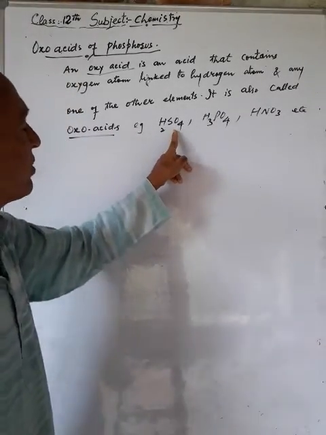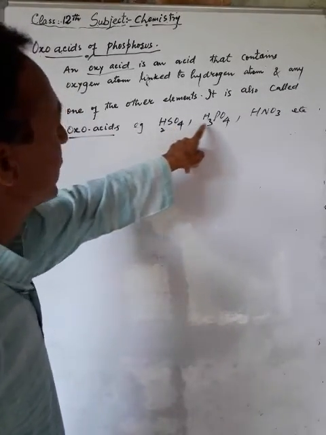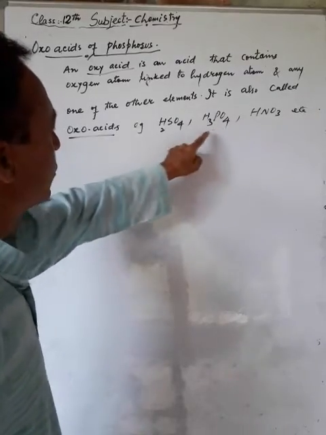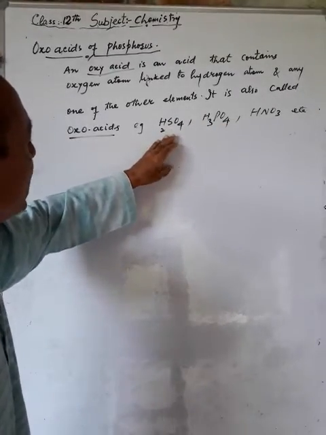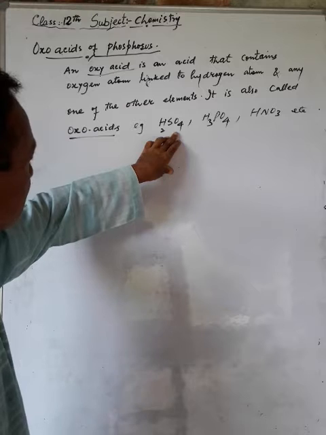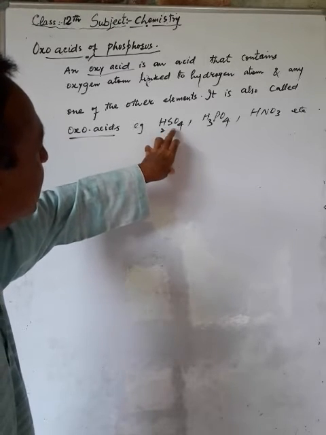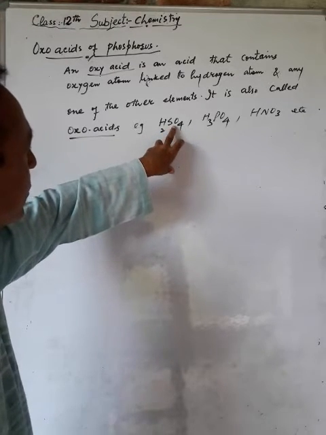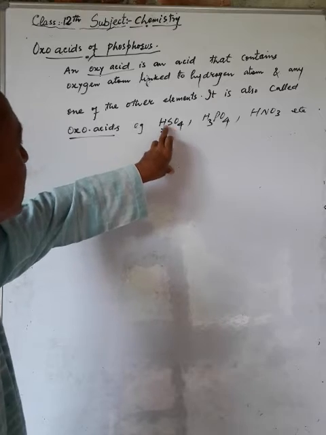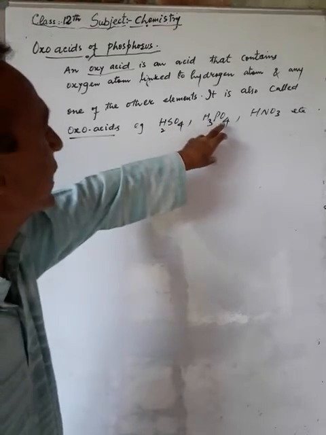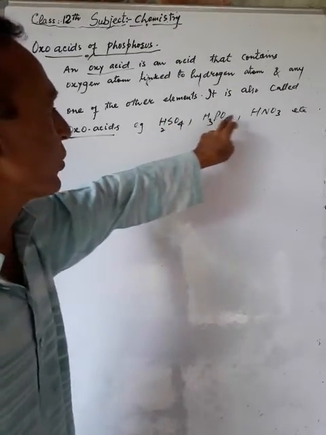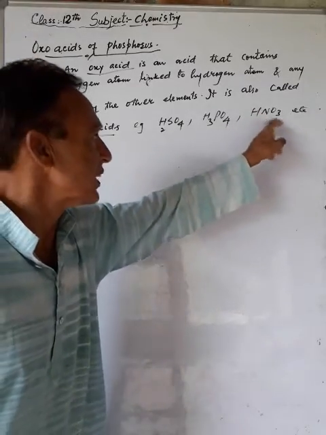Examples of these oxoacids are sulfuric acid, H3PO4, and nitric acid, and you see in these acids the oxygen is linked. In H2SO4, oxygen is linked to the hydrogen and sulfur. Here it is linked to the phosphorus and hydrogen. Here it is linked to the hydrogen and nitrogen. So this was all about